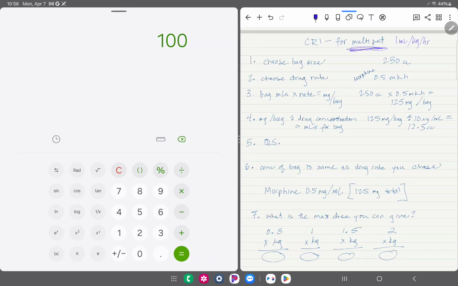Now if we look at multi-pet CRIs, usually with the multi-pet CRI, I try to make it as easy as possible for me. I'm just going to run everything at 1 mil per kg per hour. So this is not the same as the rate of the drug. This is just me figuring out what milliliters am I running this at so that it can fit any patient, because I'll plug in their kilograms, and then I'll end up with the proper rate. So what do we start? We choose the size of the